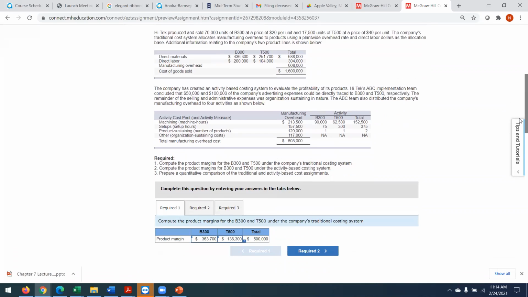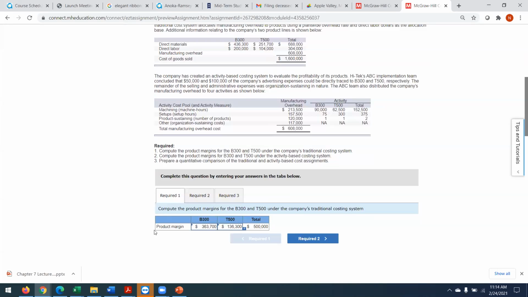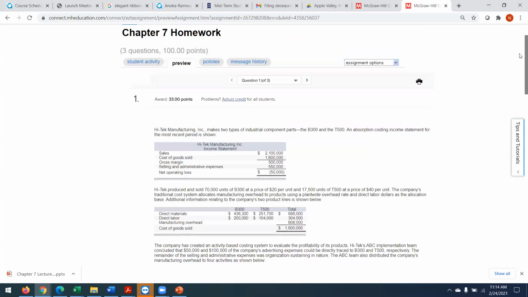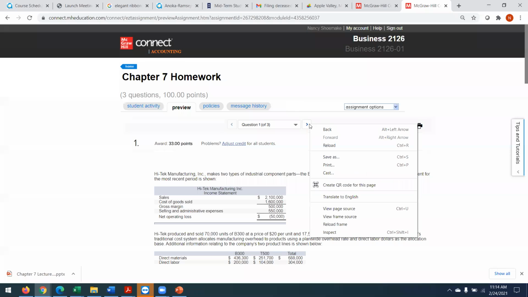Okay, so this will help you, the product margins under the first method and under activity-based costing. I'll let you do the third one on your own. Next,